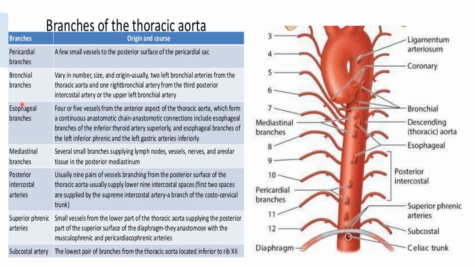and also taking part in the anastomosis between the different vessels, and bronchial arteries, which vary in number: 2 left bronchial arteries and 1 right bronchial artery. Then pericardial branches, which supply the posterior surface of the pericardial sac. So these are the branches from the descending thoracic aorta. All these branches are very important, you have to remember them, and it is easy to remember because the name itself tells you the area which is supplied by these arteries.